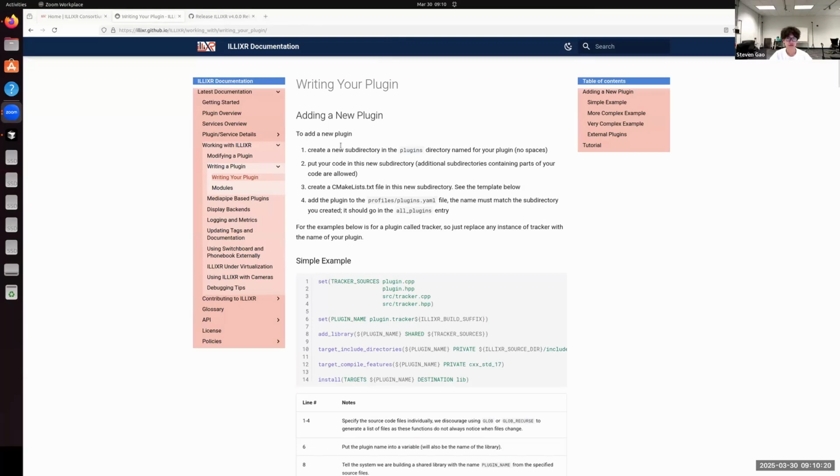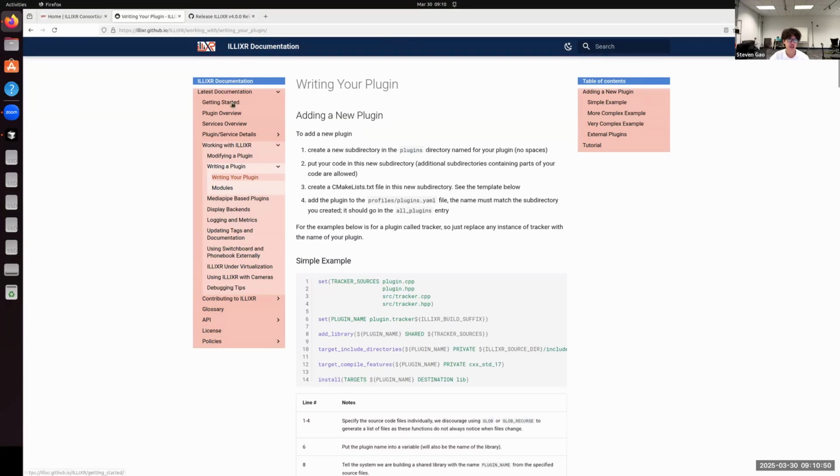Great. So hi everyone, let's get back to part 2 of the hands-on part of our tutorial. And in this part, I'll go over how you can quickly get started with your own plugin for Elixir. I'll introduce some core components in Elixir, such as switchboard and phone book. And then I'll talk a little bit about the resources you can use when doing development for Elixir.